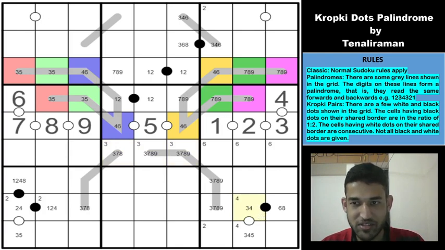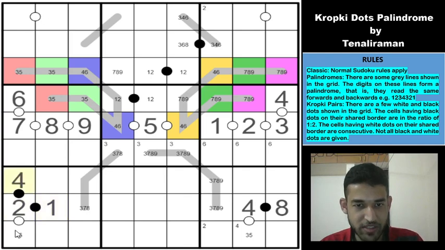Such a good deduction. So this will be a 4, which means that this is 8, and this is correspondingly a 4 or 5, and this 4 gives us a 2 here, and this will be a 1 now because 2 and 4 are ruled out, and this will be a 4 now, which means, can we do something else? Okay, 8 here removes the 8 from this cell and the 8 from this cell. So which means this is 3 or 7, and correspondingly this cell will be 3 or 7, and this is not an 8, row 7 column 7, which means this is not an 8, so this is 3 7 and 9, and this is also not an 8.